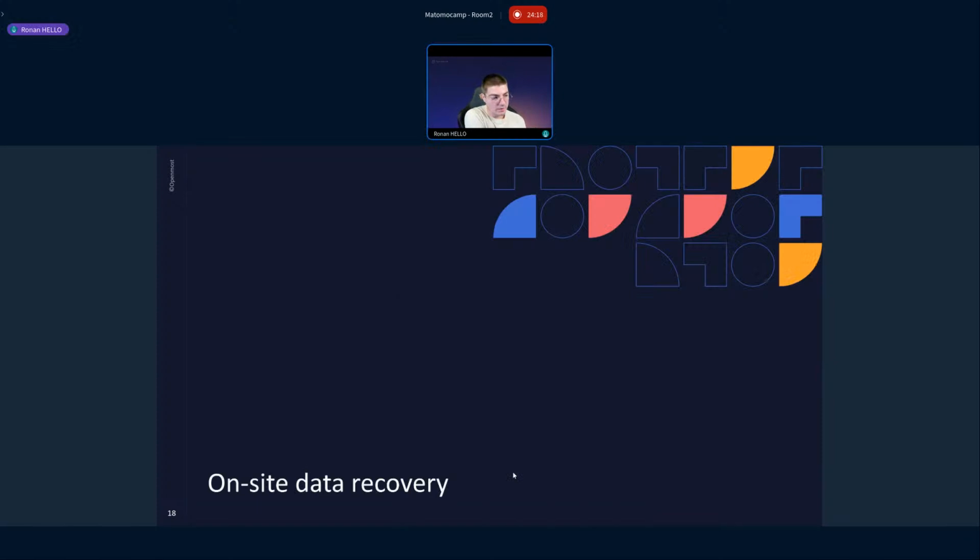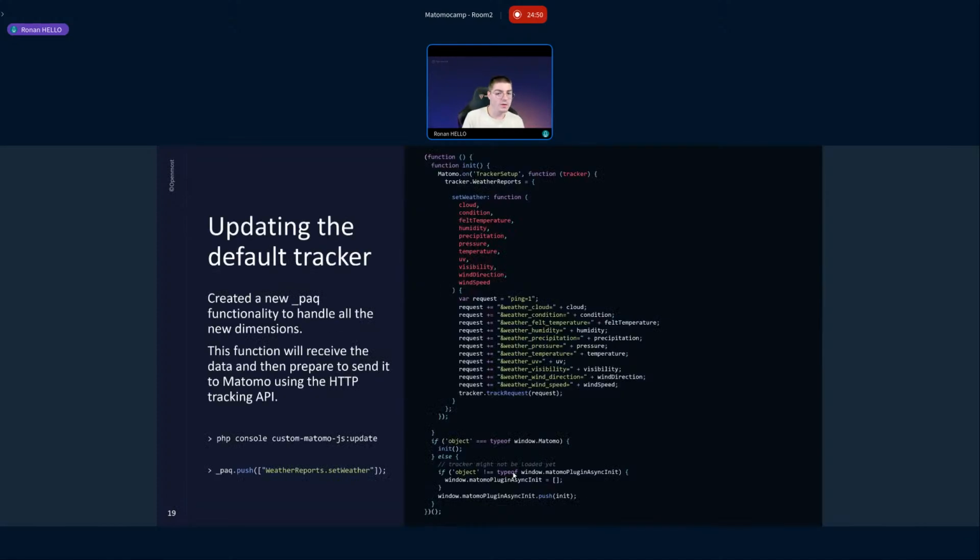So now we have our backend plugin system working. Okay, we have an API, dimensions, database, reporting, archiving system. All is working, but we don't have any code to send the data through that plugin and store it in the database. So now we are looking at how we can grab the weather information on websites and then send it, maybe through the HTTP tracking API, through the plugin to store it in the database and get weather data available on the Matomo instance.